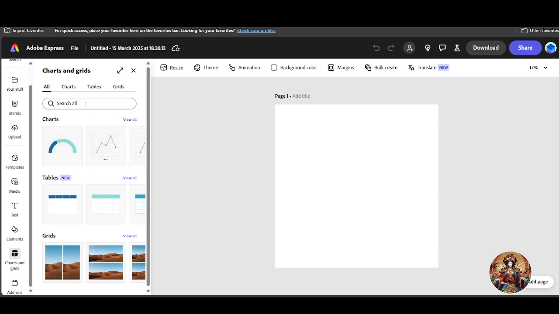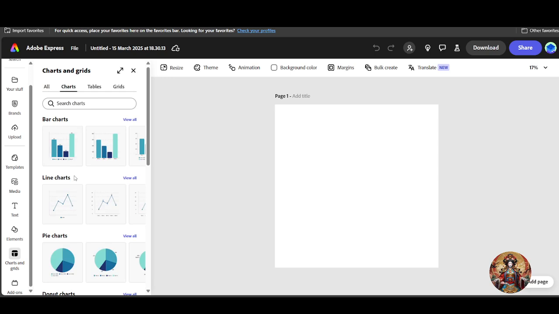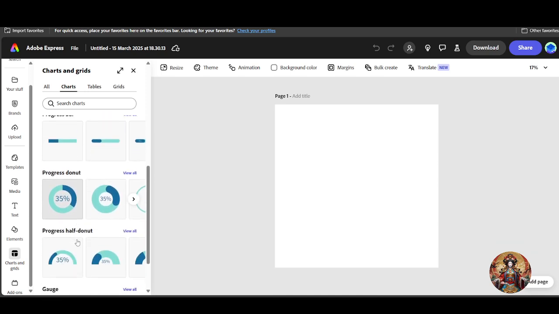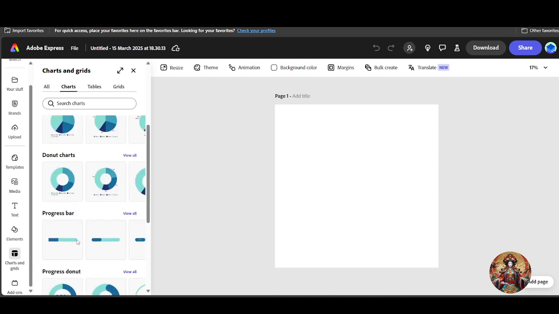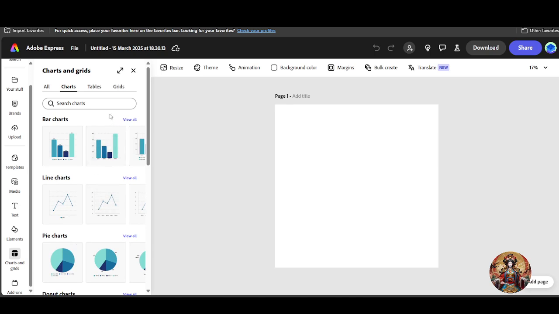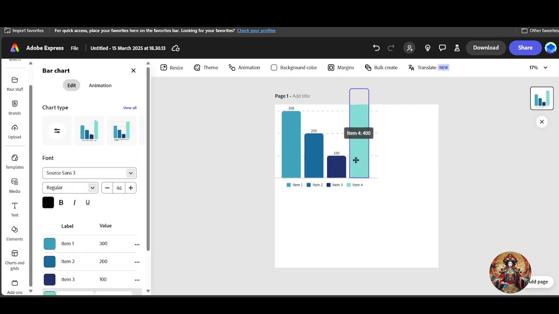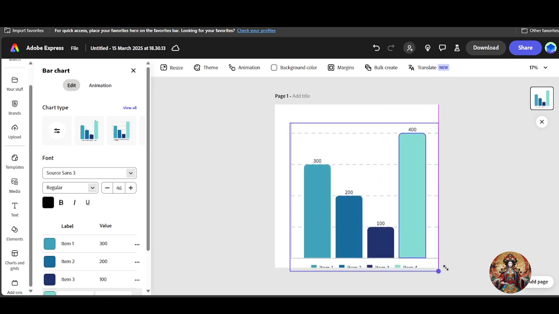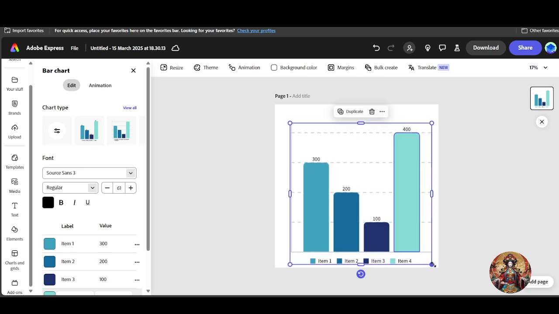Right now I want charts only. I will simply go in the charts option. You will get to see bar charts, line charts and pie charts as well. Donut charts, progress bar and progress donut. So you will find lots of templates over here. For this tutorial, I will simply choose this one and just simply drag in your blank page and just resize it, and